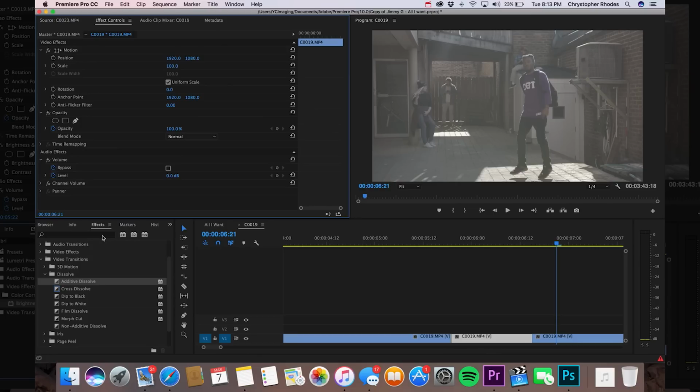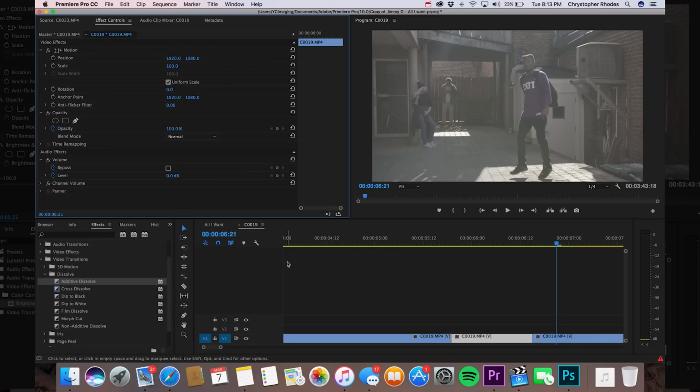Next effect that we're going to dive into, which is used widely in a lot of music videos, is hi-hat cuts. And hi-hat cuts are very easy to do. I'm just going to show you all a few different variations of hi-hat cuts and what I like to do to add a little difference to it, just to spice it up a little bit. So let's dive straight into hi-hat cuts.